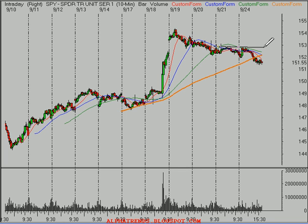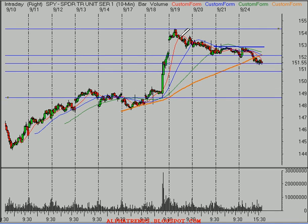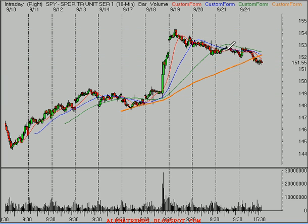Still finding a little bit of resistance up near about this 152.80 level, 152.85. And you can see that the pullback so far has materialized to about 50% of the lows right before the Fed to the high the next day. That is last Wednesday. So we've retraced 50% of that move so far, still within a healthy parameter of a